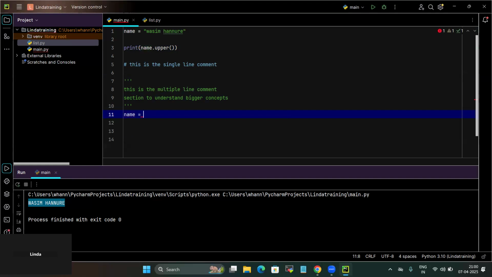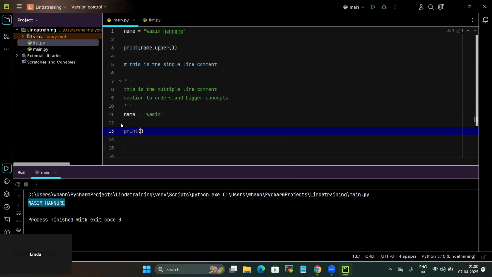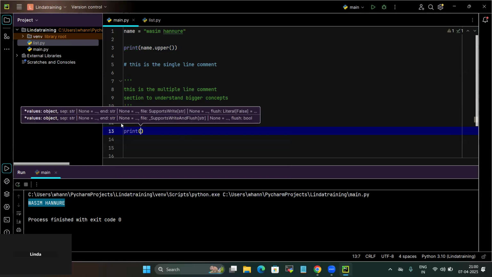For the name, we have to use either single quotes or double quotes. Then print. What I'll do is format it. How do I format it? Suppose I give it as, my name is,